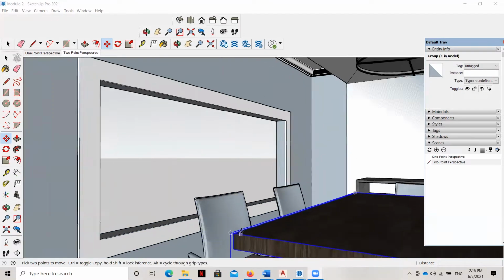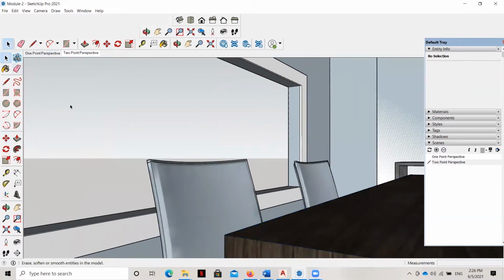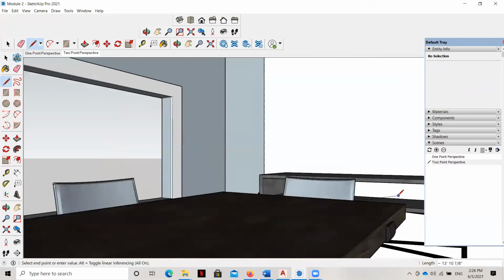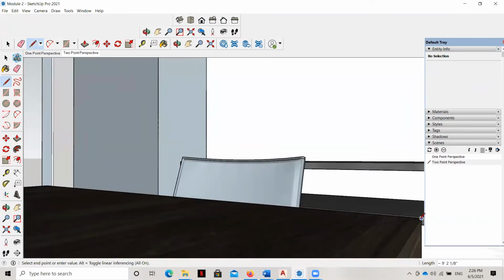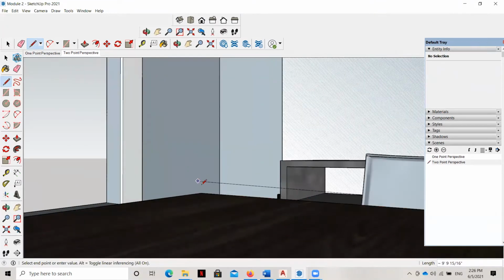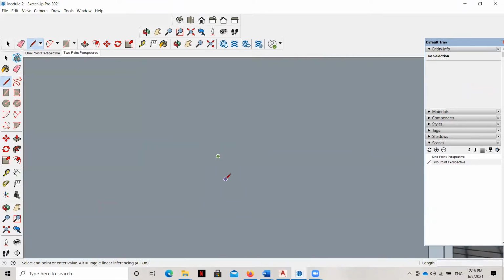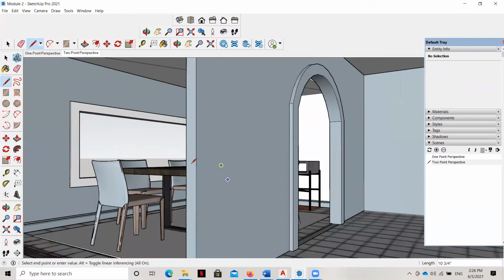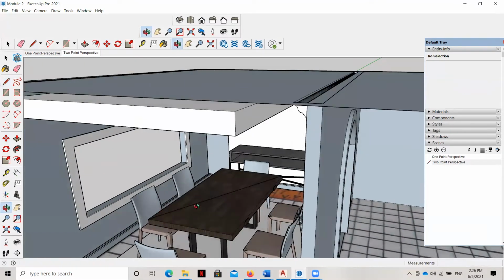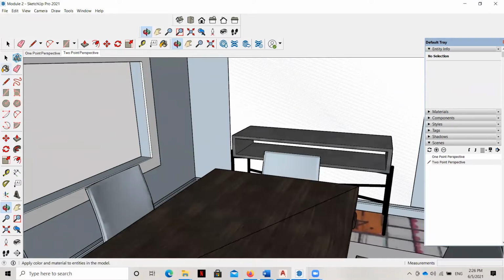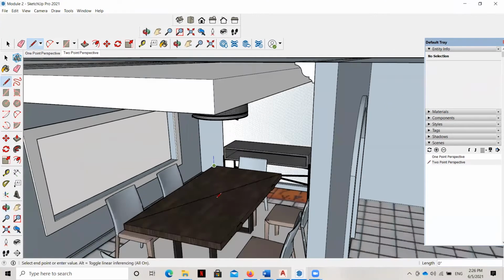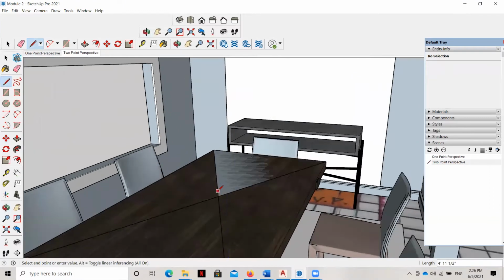And so what we're going to do is first begin by drawing a line on the diagonal of the dining room table so that we can find the center point of the table. And then we're going to move the light fixture to be just above that. And so this is just, whoops, I'm getting lost here. This is just kind of a picky thing. I'm not even sure that you would be able to see it in the perspective, but just on the odd chance that you can, we might as well get it perfect.